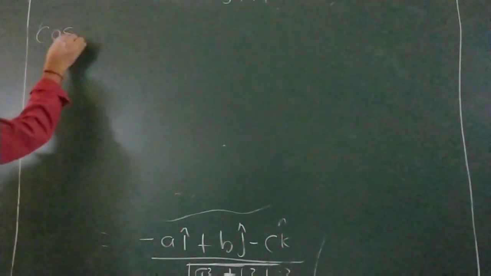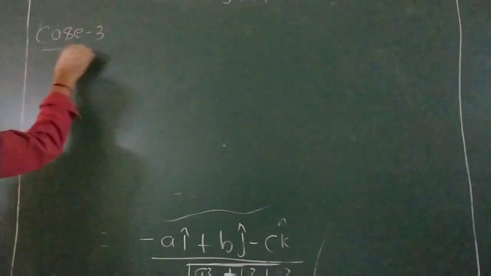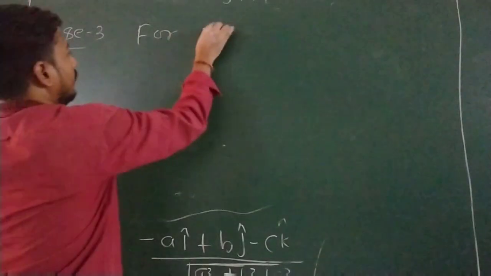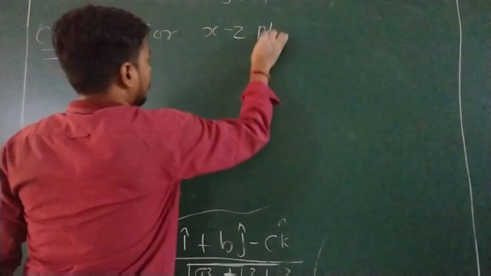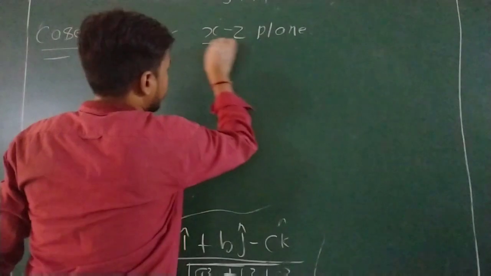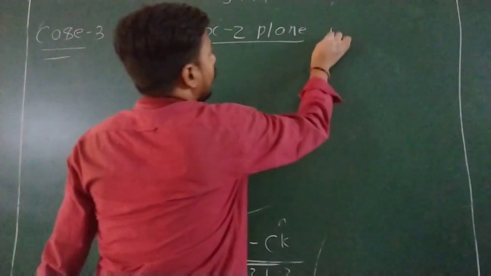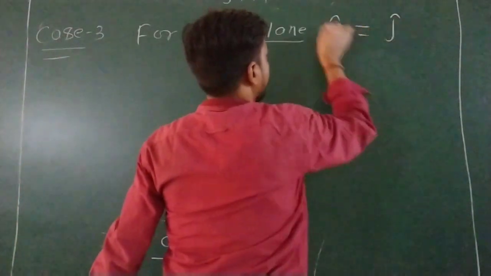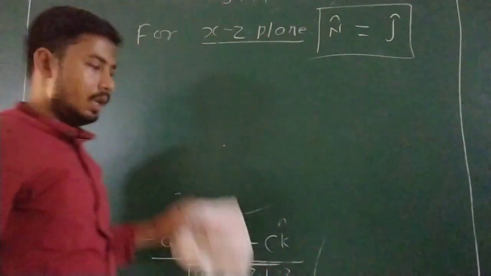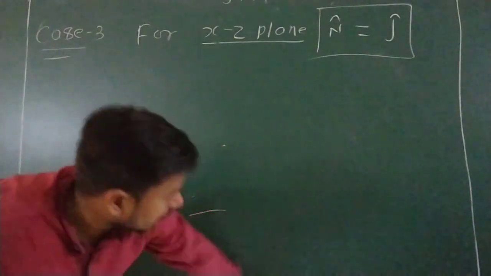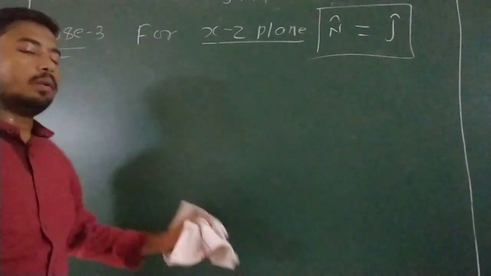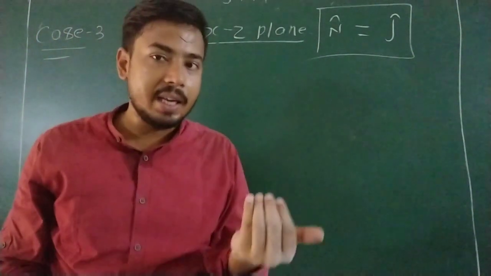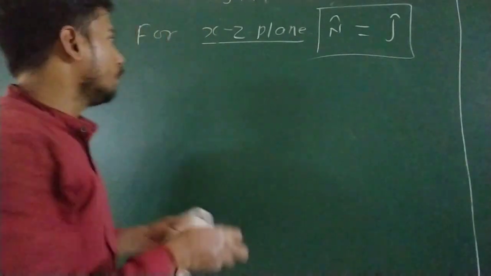Case third. For the XZ plane mirror, the normal becomes, my dear, since this is the XZ plane, the unit vector J cap. The normal unit vector becomes J cap. And I told you here R2 becomes the incident ray. So suppose R3 is the reflected ray. So we can write here